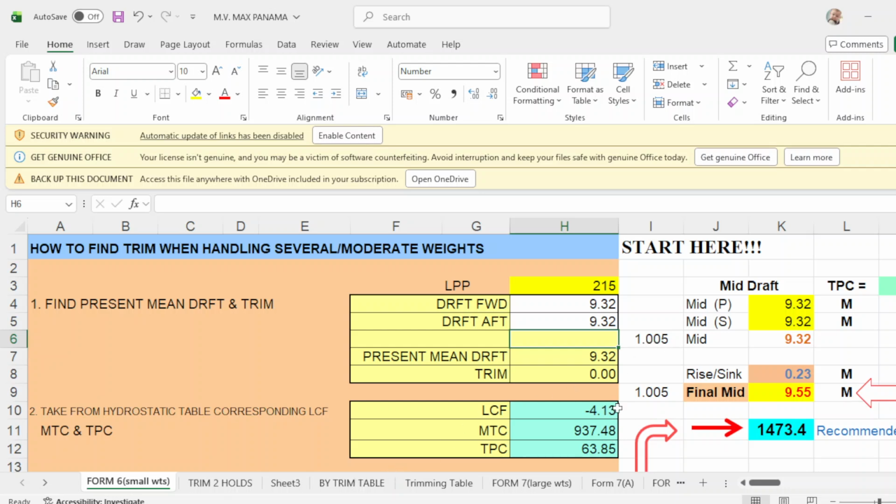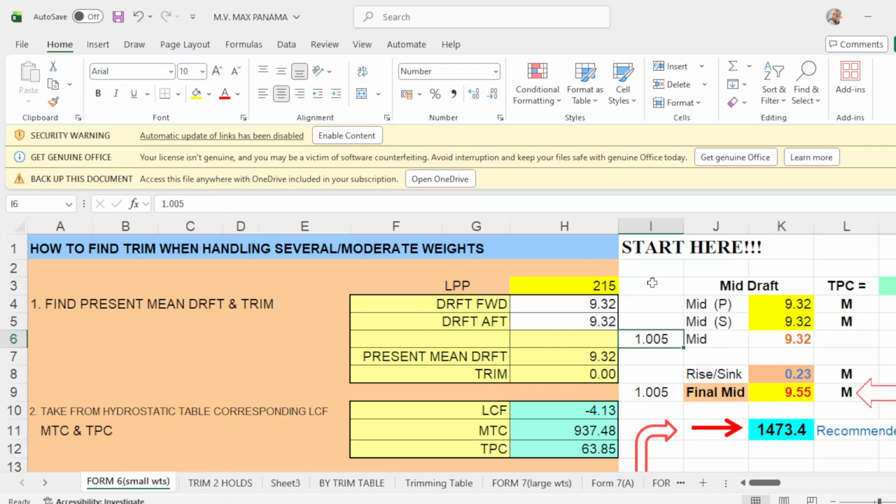And as your actual mid-port is 9.32, as both the chief officer and the draft surveyor agree, and the mid-starboard actual mid drop is 9.32. So the actual mid drop is 9.32.